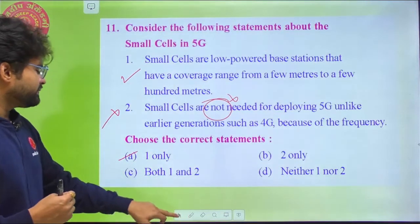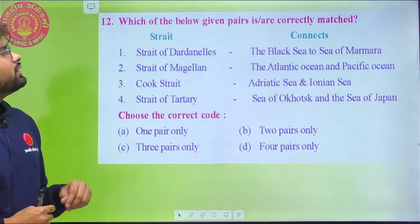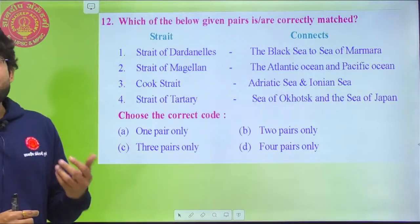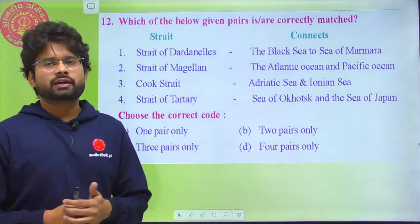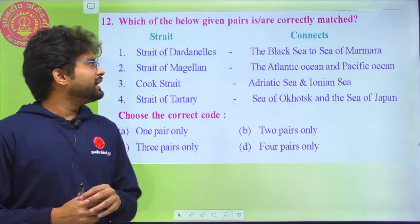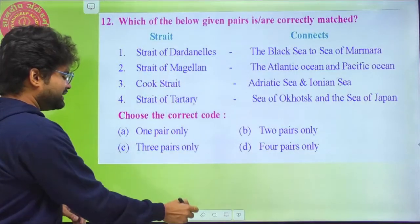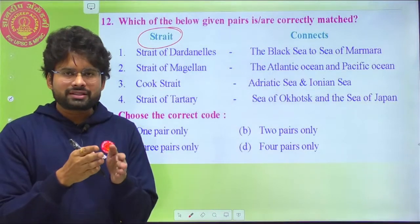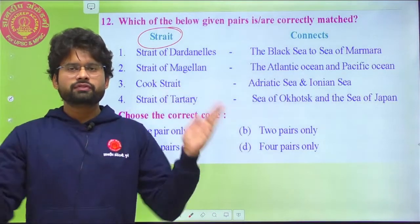The small cells. 12th, which of the following given pairs are correctly matched? The straits and their locations have been asked. And what do you mean by strait, by the way? A strait is a small water passage which actually connects two different land bodies and